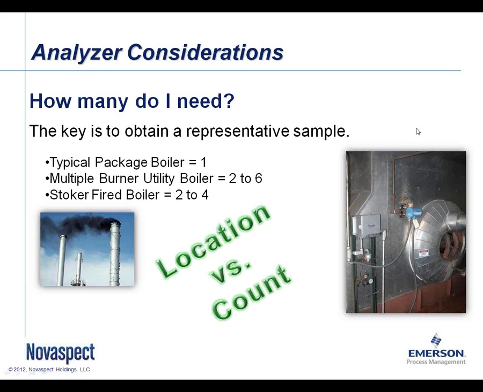So typically moving the O2 sensors as close to the combustion zone as practical ends up being a good solution, especially in older, leakier boiler applications. Your limitation there is that there is a temperature limit for a typical in situ O2 probe, and you have to ensure that you don't put your probe into a zone where you're going to sustain long-term damage. So once we have the O2 probe in place, then the key becomes